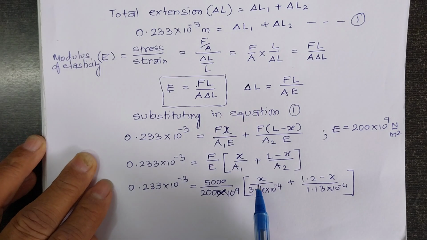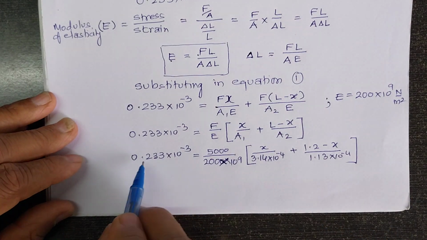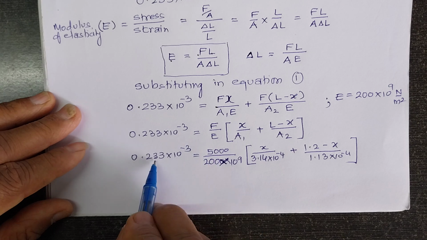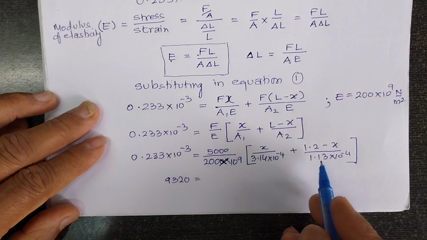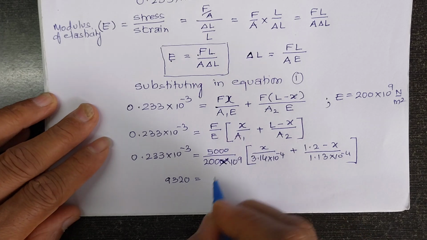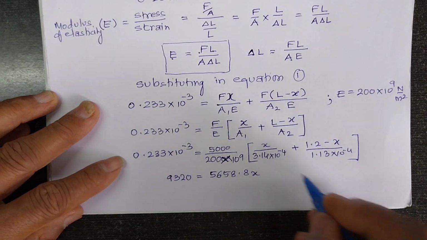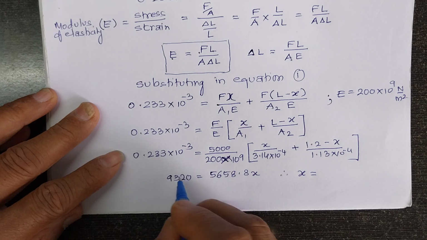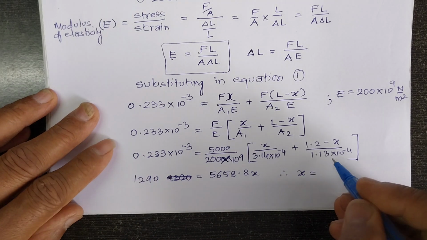Now when you solve this, please note that in the entire equation X is the only unknown, and therefore 0.233 into 10 raised to minus 3 multiplied by 200 into 10 raised to 9 and divided by 5000 will give you 9320 is equal to, okay, we'll have this value calculated to be 5658.8x, and therefore the value of X here is going to be, sorry, this part I'm sorry, this is 1290 is equal to, and therefore X here is equal to